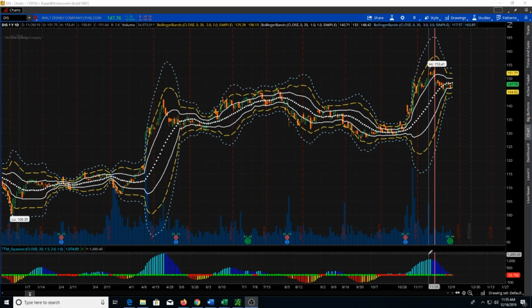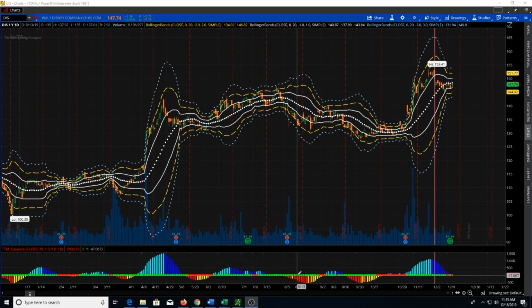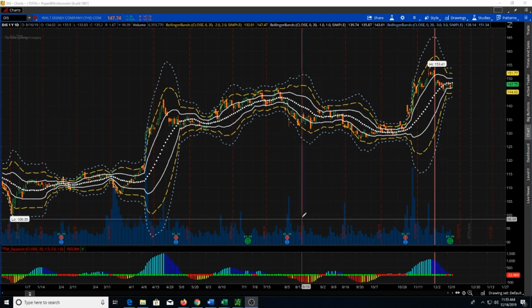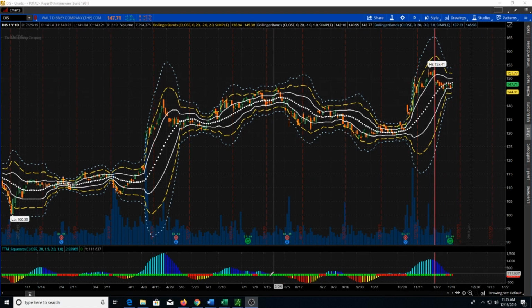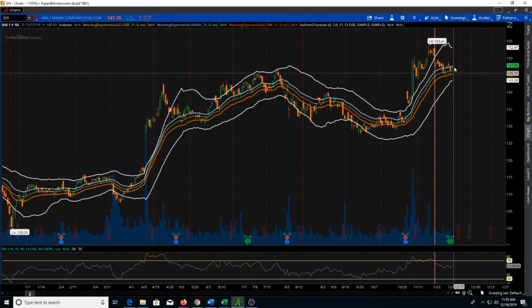I like to see the TTM coming off, going to blue, or going back from red to yellow, as it comes into a range-bound type trade. Obviously, we got the range-bound trade. You can see that here on the Bollinger Bands. You can also see on the wave that we got a good